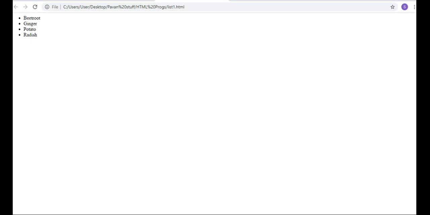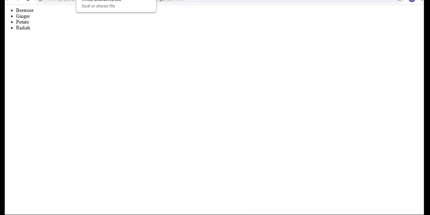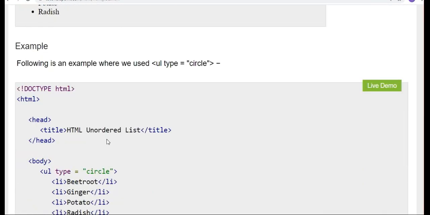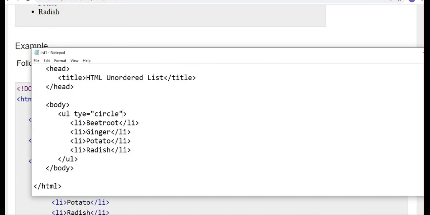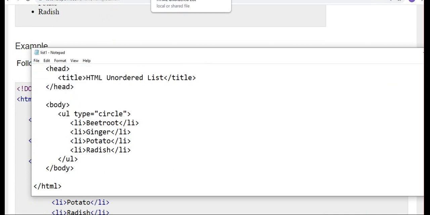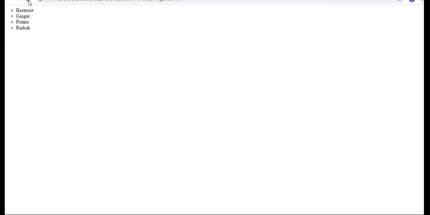Why doesn't it come? Correct, oh okay, type. File, save. Now do check. Okay? These are all circles. Is it visible for you?